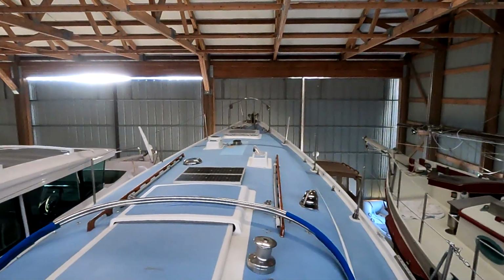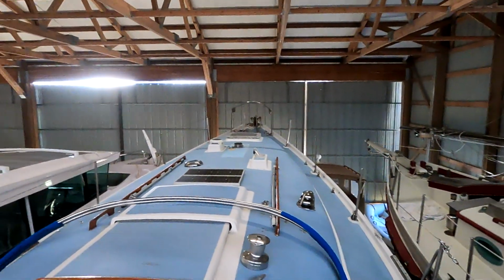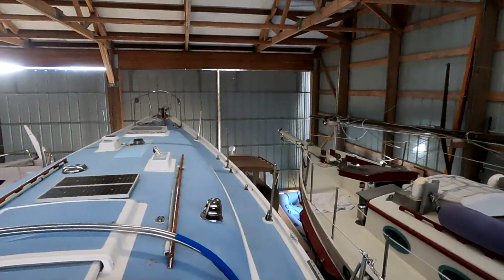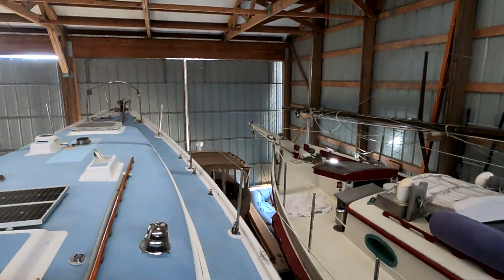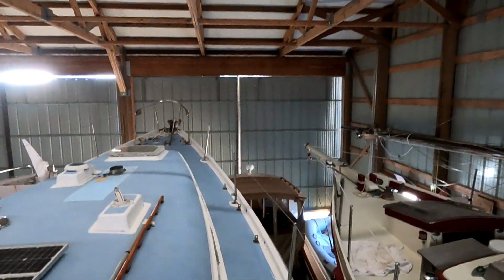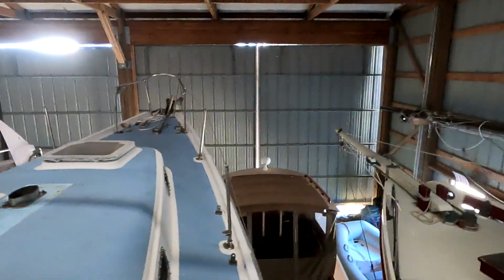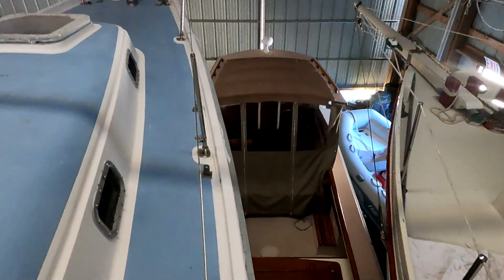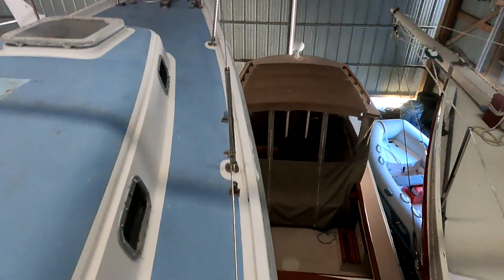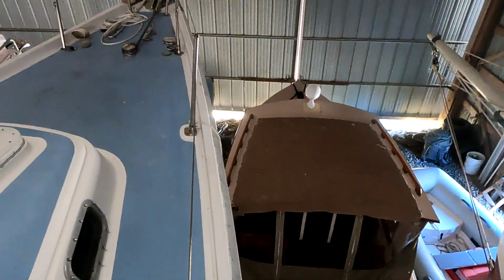All right, I'm aboard Sequester, so I think I'll walk forward and we'll take a look down at the boats that they put next to me at the bow. Well, they do this every year. After they get the bigger boats in, they sandwich in these little boats to occupy as much floor space as possible. As you can see, this one down here is actually underneath the